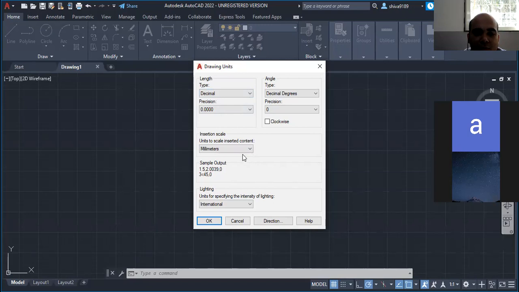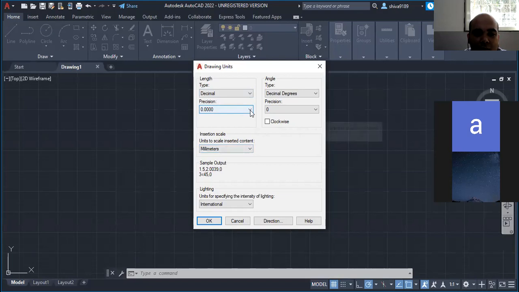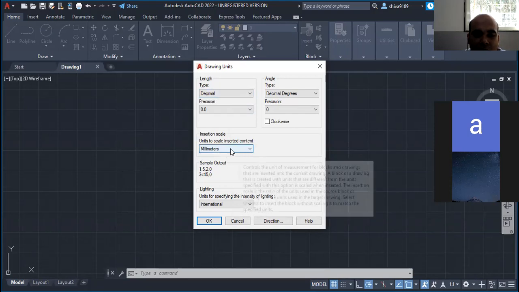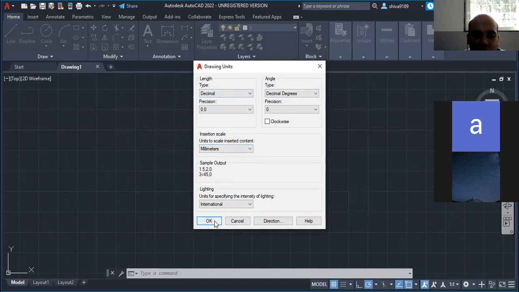So in that, be very careful that it should be millimeter, and keep the precision to 0.0. Keep it engineering, or you can keep it decimal also, not a problem. Let it be decimal only. And here you keep it millimeter. This is very important. The rest is fine, but this is very important. Millimeter. Okay, and then OK.